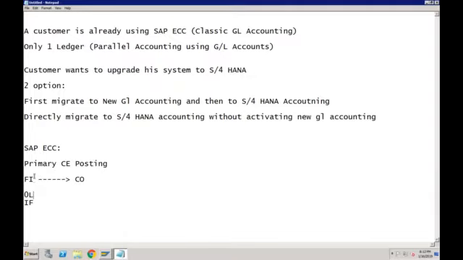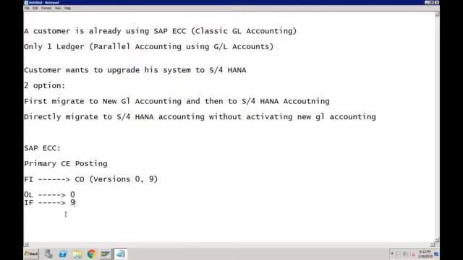So similar to ledgers in FI, in CO we have different versions. Okay, this is also available in ECC. We have different versions. So let's say we create version 0 and we create version 9. We can tell the system that whatever we post in 0L, in CO it should go to version 0, and whatever we post to version IF, in CO it should be posted to version 9.